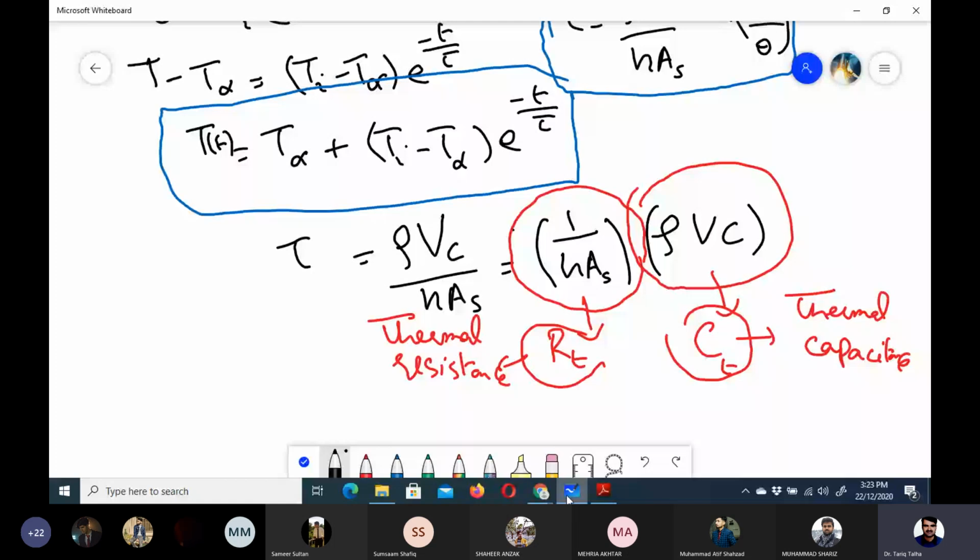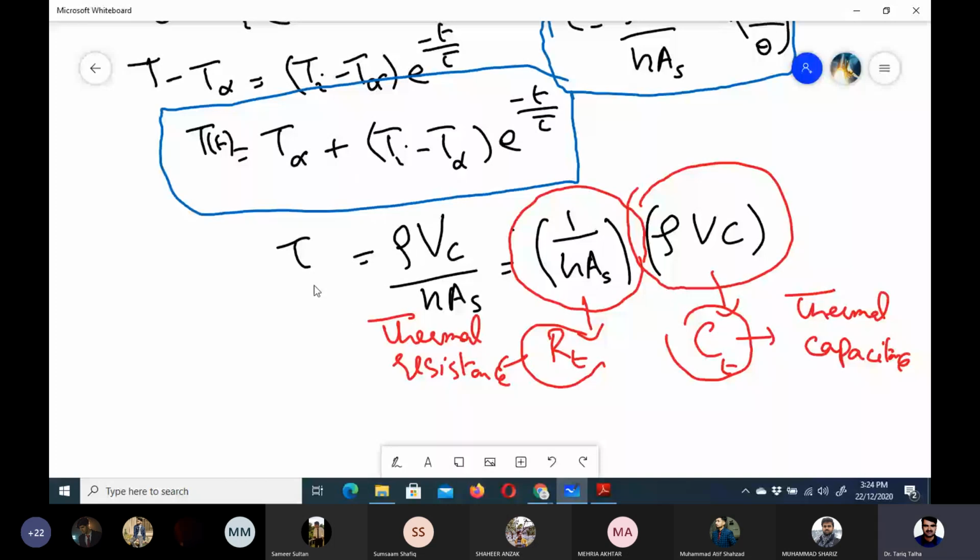We have just studied the physical significance of this thermal time constant, about the thermal capacitance and how it makes the transient process more rapid or gradual. So now if we want to know what is the total amount of heat transfer which has happened during our transient process, that can be calculated